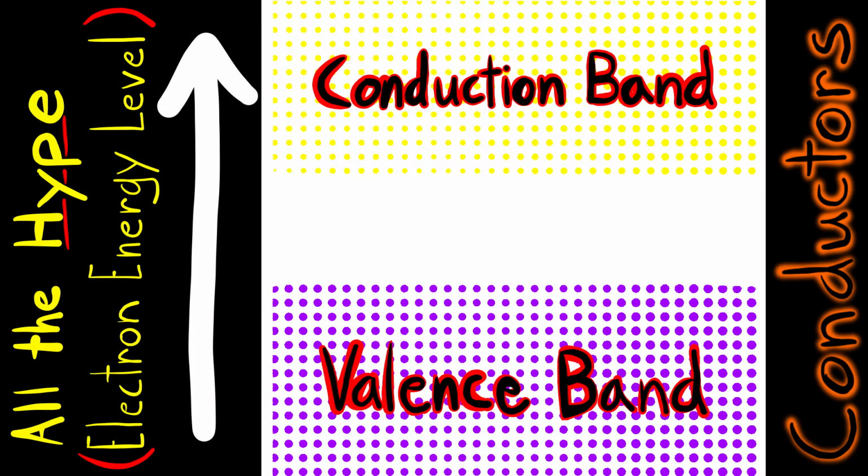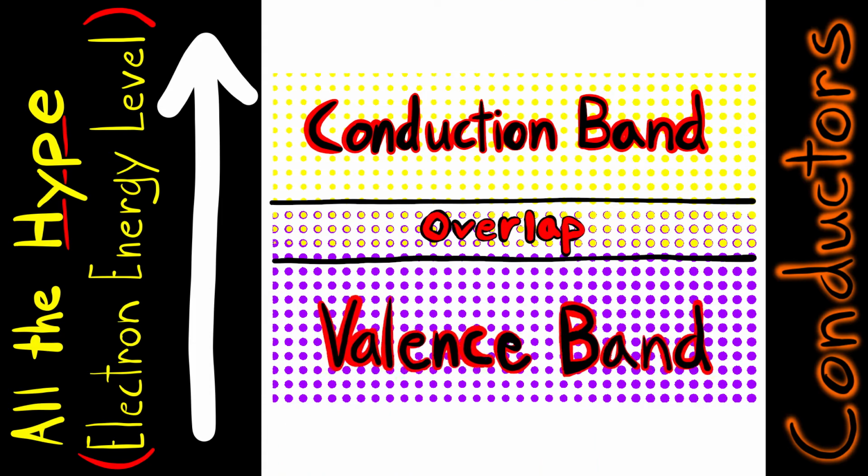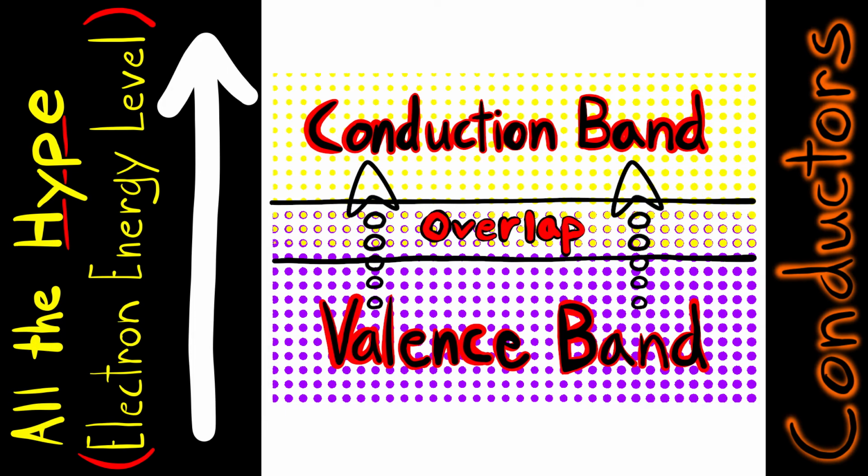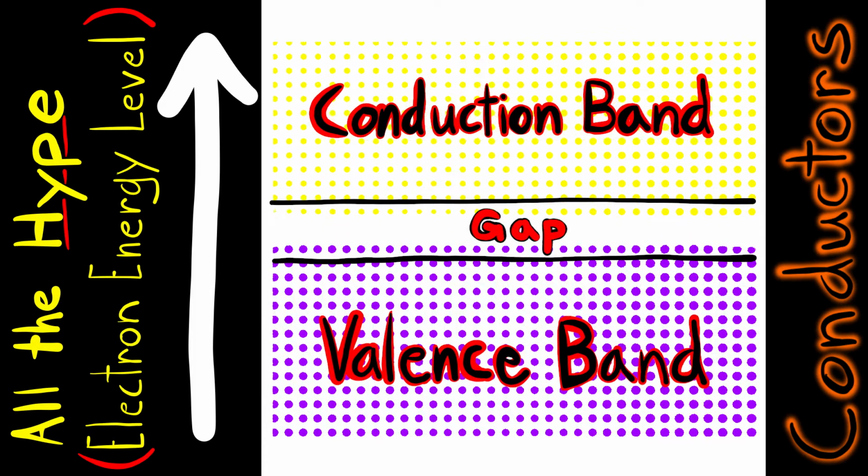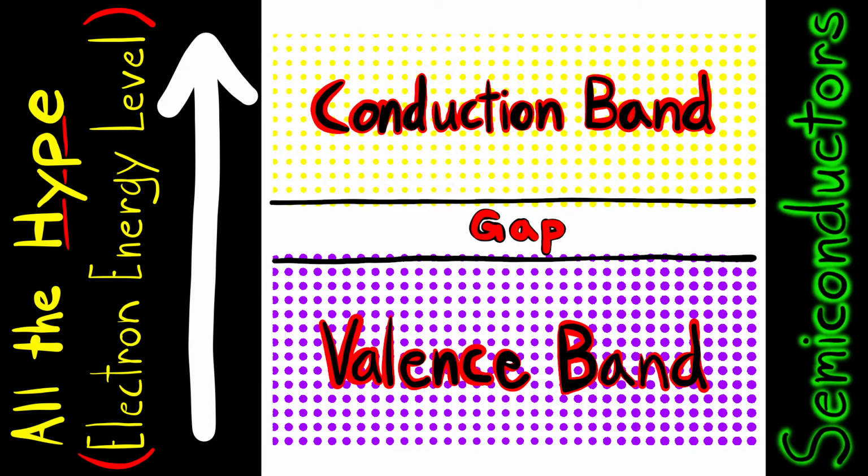In conductors, like we were looking at in the last video, there's no difference between the bands because the bands overlap. You could call it the valence band or the conduction band. Either is correct. Because they overlap, electrons can be moved into the conduction band to conduct electricity with very little energy. This isn't the case with semiconductors and insulators though. With those, there exists a gap between the bands. In semiconductors, the gap is relatively close, so it can conduct sometimes, hence the name.